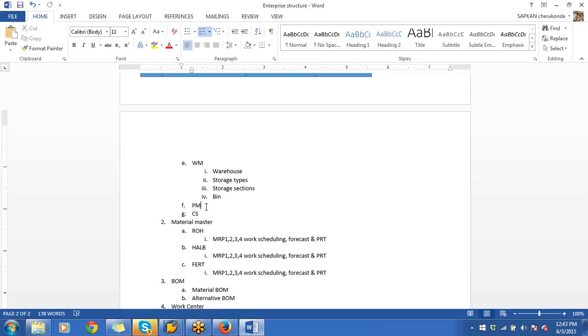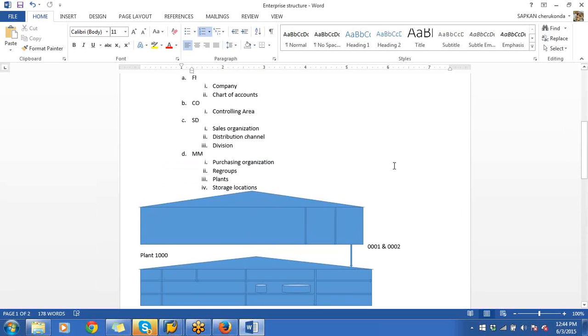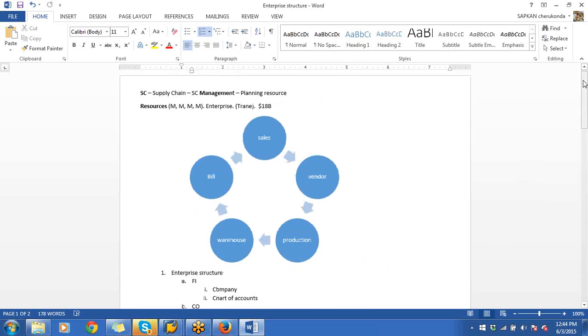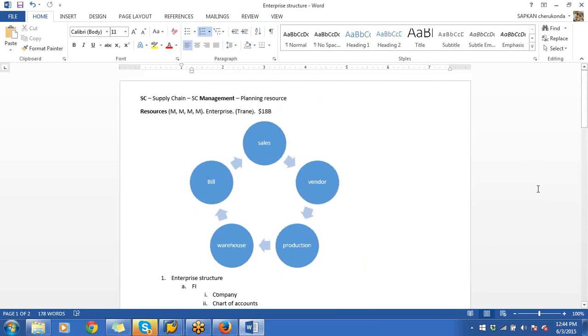So you assign the same plant to the same plant and define it two times. One in material management, one in plant maintenance. It is already defined in one area. In the second area, you define that yes, the same plant is going to hold some technicians, and the same plant is responsible for planning the maintenance activities. Okay. So other than that, there's nothing. In PP, we don't have any obligation, or anything to do in enterprise structure.